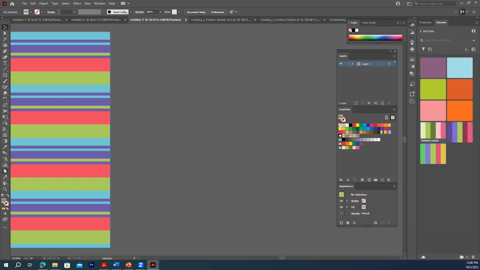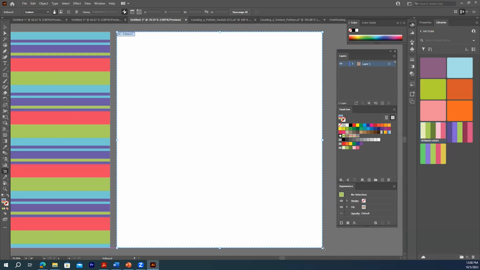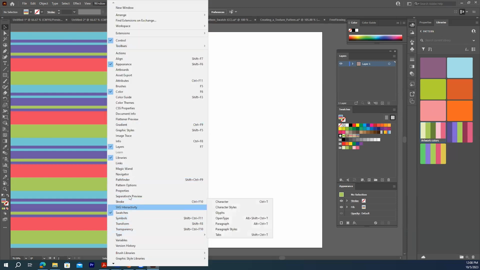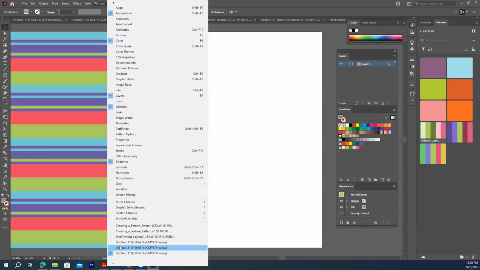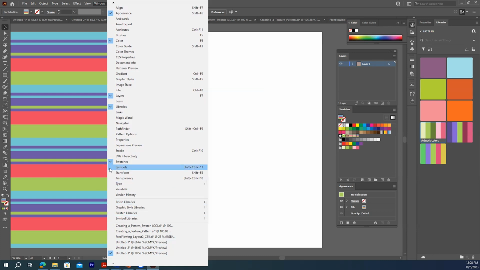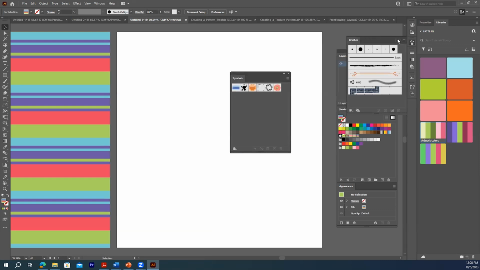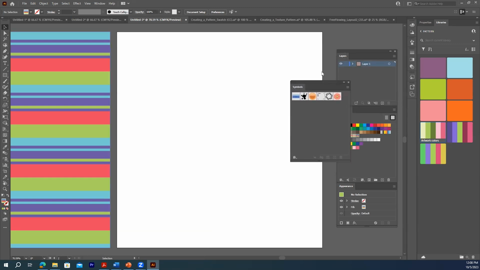Yeah, let me create another artboard, and let me show you something else. So let me open my symbols here, okay, and combine symbols with stripes. Yeah. So here my symbols. Let me drag here,